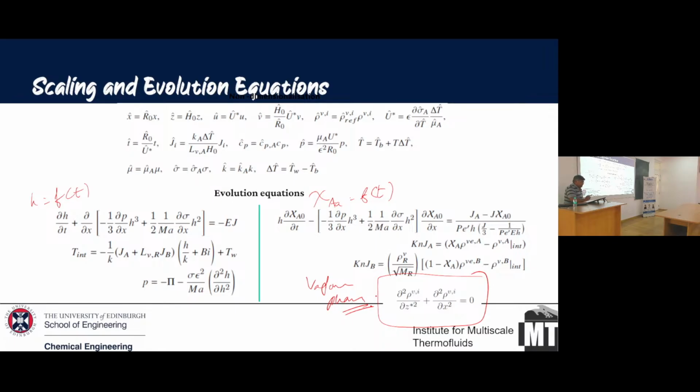Okay, so basically what we have done is we have used our previous lubrication equations. We have substituted all these things, and we'll evaluate the height of the interface as well as the concentration at the interface in this way. So this is the concentration at the interface with respect to JA. You have the evaporation flux of A, and you also have the evaporation flux of B in this way. And obviously there is more than one droplet, so you will have to consider the vapor phase